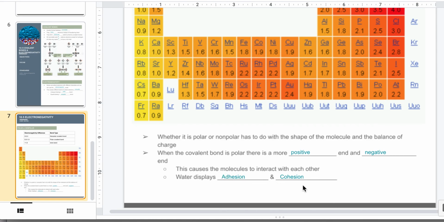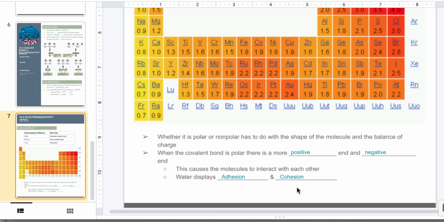Okay, cohesion means that the water molecules are attracted to itself. This is what actually gives water its special properties, such as making water droplets. You know how it balls up on itself, and also surface tension. If you've ever seen those little skitter bugs, water bugs that can walk across the water, they're able to do that because of cohesion. It causes surface tension on the water, so very, very light things like a leaf falling on a pond isn't going to